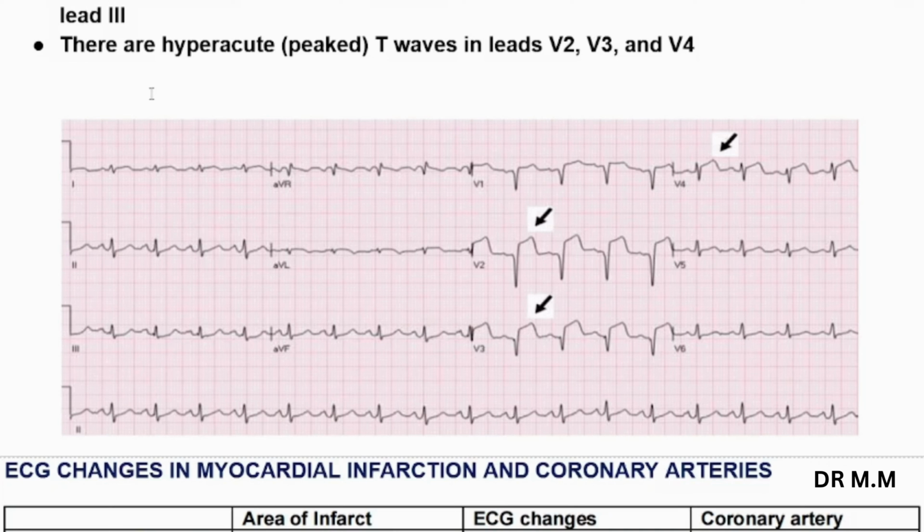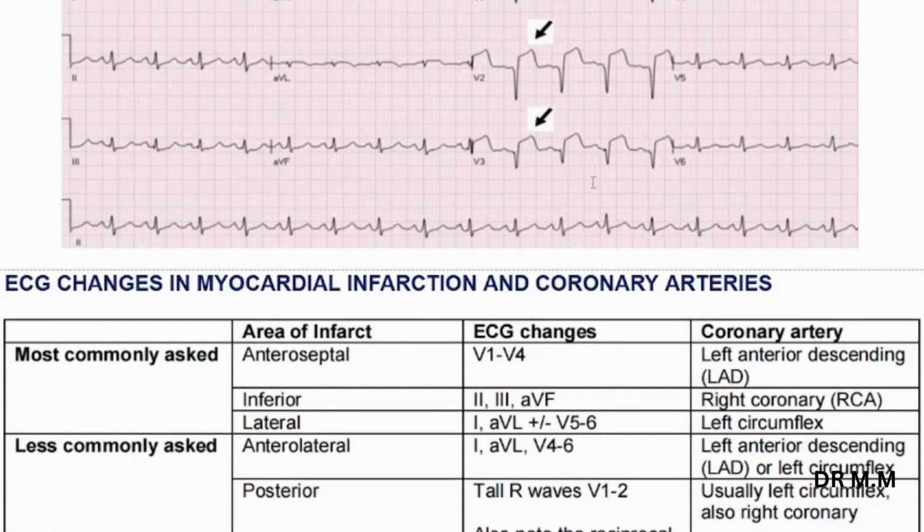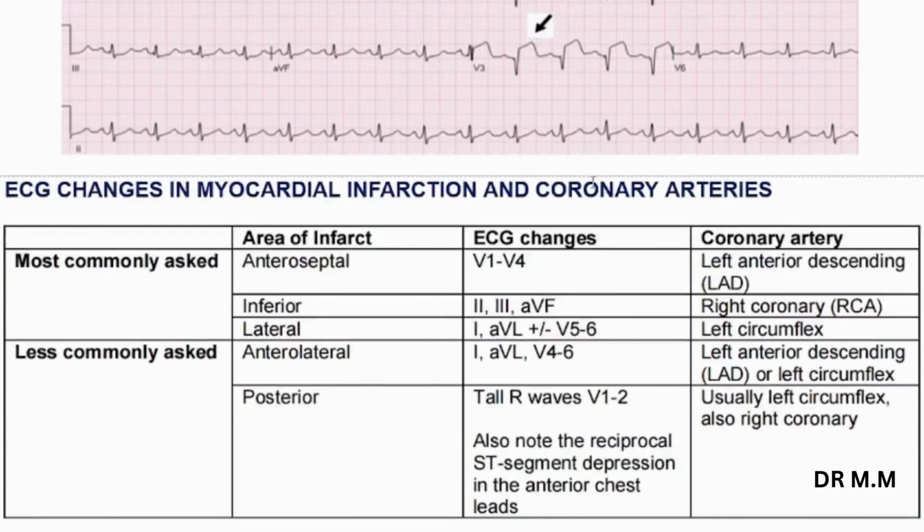Okay, there are hyperacute or peaked T waves in leads V2, V3 and V4. As we can see, if the anteroseptal MI is a little progressed, we can see peaked T waves in leads V2, V3 and V4. Here we are going to talk about ECG change in myocardial infarction and the coronary artery which